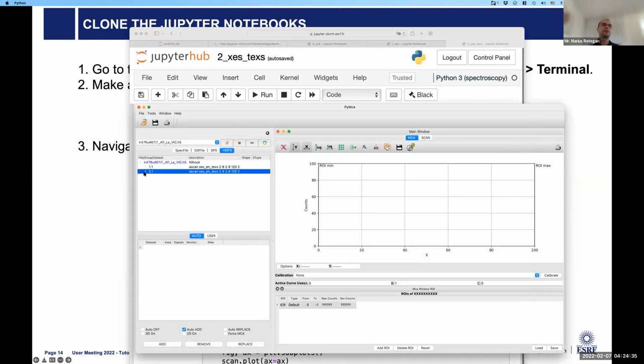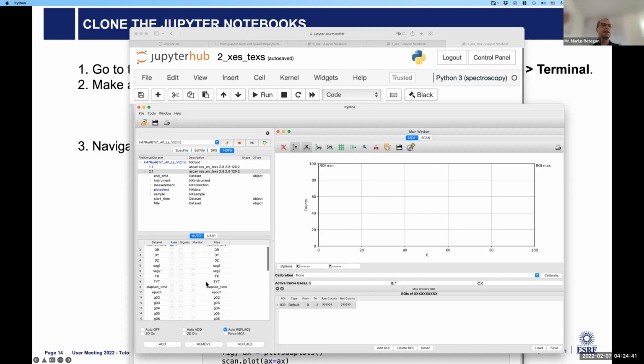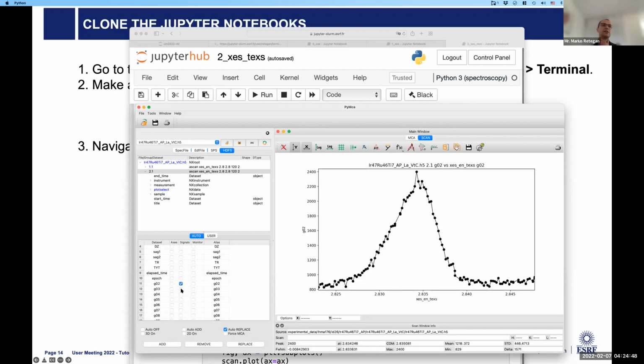So in scan number 2, you have the Z energy text, that's the x-axis, and then you have these wires. So from each crystal analyzer, you get a signal. So this is one signal, and then